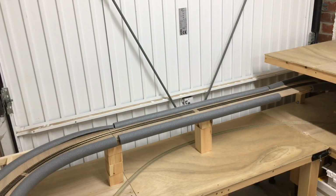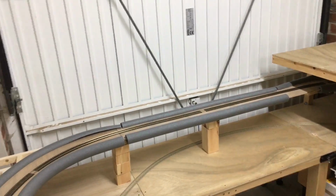This is standard flexible stuff for domestic plumbing and heating, but I've used it to create barriers at the side of the incline, to make sure that if we do have a derailment and a train comes off the track, then hopefully it crashes into this foam pipe insulation rather than having any major catastrophe where the trains get damaged. So this is the cheapest solution I could find to the issue, without building some other sort of plywood barrier or extending the PSE up the side, particularly in the area where you've got the corner piece over here,